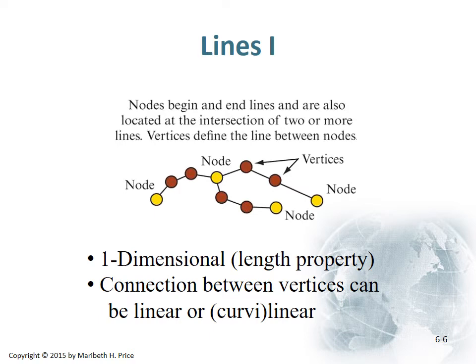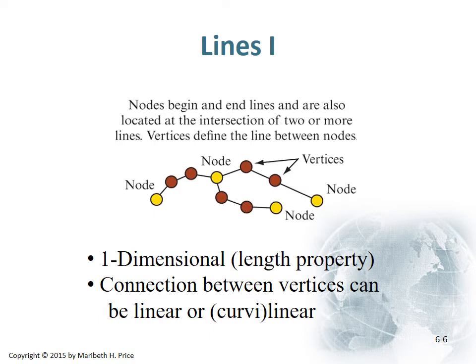They have length, and they have connectivity, connection between the nodes and vertices. And so this is the foundation of another data model called the network data model that you could use to model stream flow, model city road networks, things like that, and the flow of objects, creatures, or humans, or whatever,